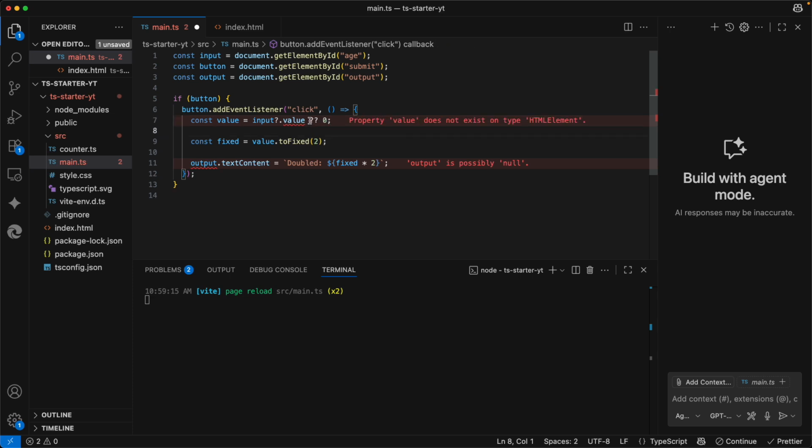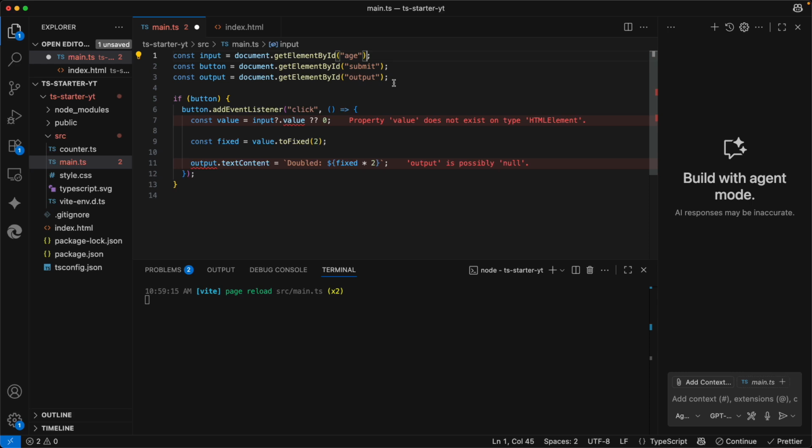And here we have a different error now. Property value does not exist on type HTMLElement. Okay, so that's also a problem, but it is not, because we already know that this here is not a simple HTML element, but it's specifically a number input element or an input element. So how can we fix this in TypeScript? This is a type error.